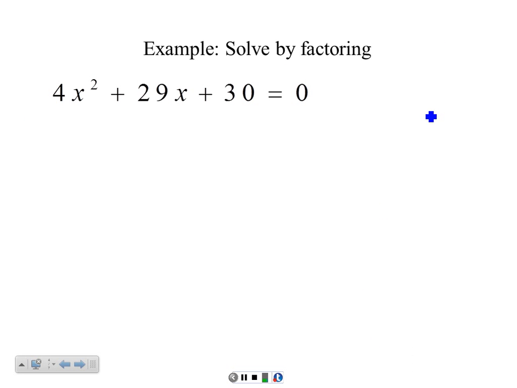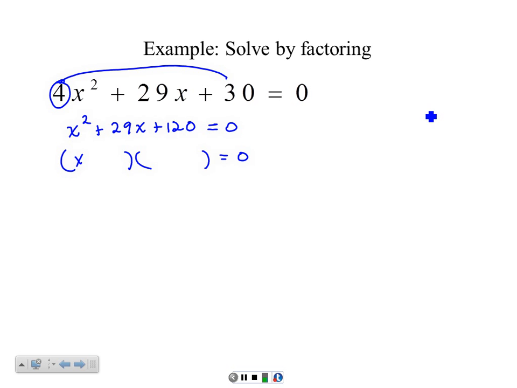So for example, this one, since it does say solve by factoring, and that's the only way you know right now, we'll go ahead and do this. This is a trinomial. Your leading coefficient is not 1, and so we are going to use bottoms up. And so we'll have x squared plus 29x plus 120 is equal to 0. And then we'll refactor this. And so we'll have x times x and plus, and I think 120 divided by 5, 24 and 5. And then we're going to divide out the 4 that we multiplied in initially. We'll reduce, so we'll have x plus 6, and bring up, because this won't reduce, so 4x plus 5 is